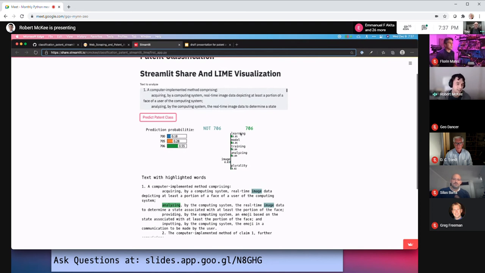Write something that protects their idea, but gives them a better chance of succeeding. So, sorry, I guess I'm losing my voice. And so the whole model is trying to find different words that will predict which class it is.